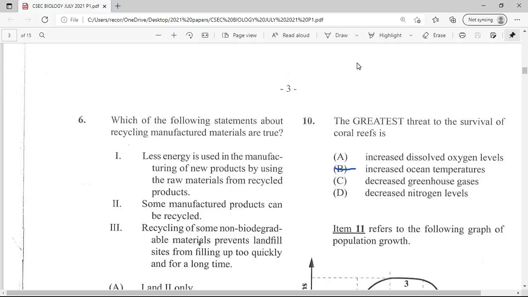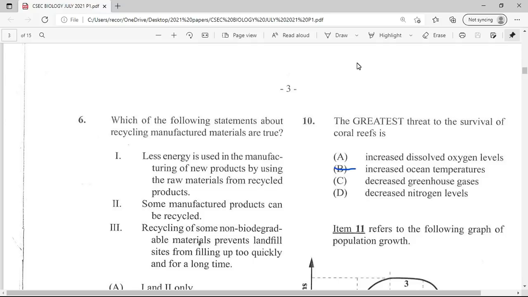Now, some manufactured product can be recycled. Only some can be recycled. Some we just have to get rid of. They just can't be recycled. If you think about the waste plutonium and some other really toxic stuff that comes from manufacturing, we just can't recycle that. Think about asbestos. We really don't want to recycle asbestos.